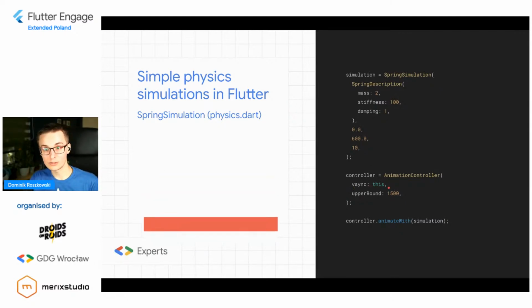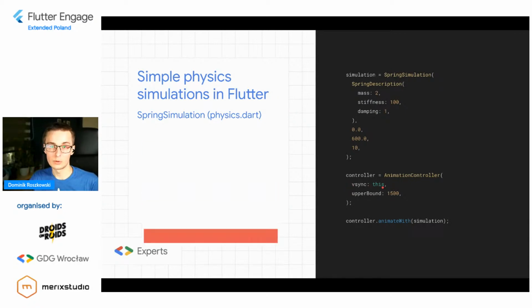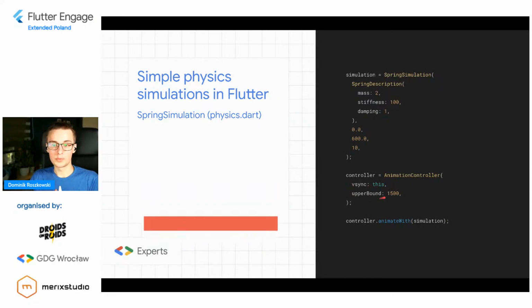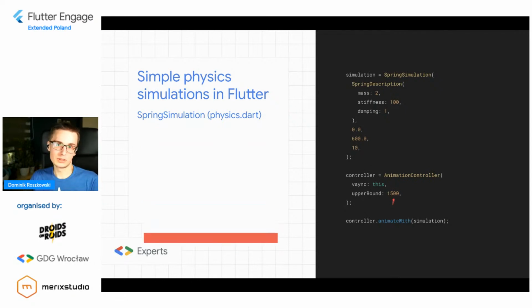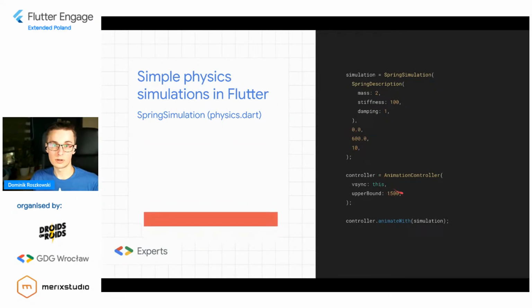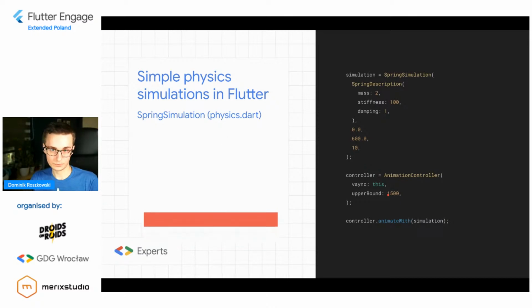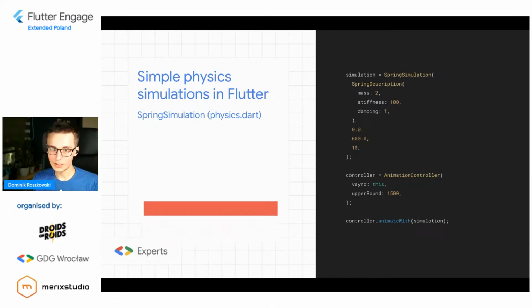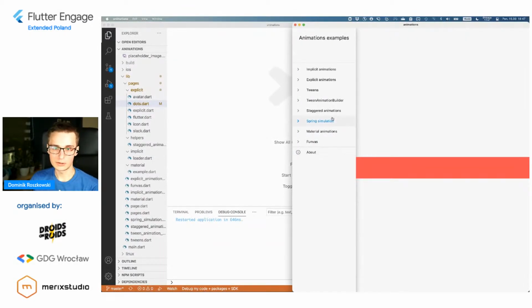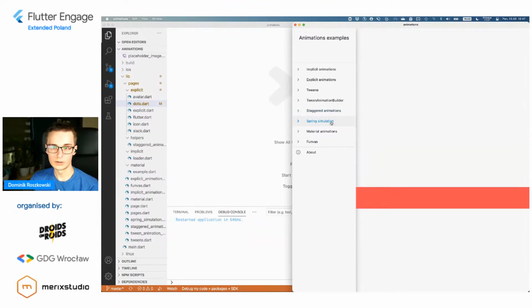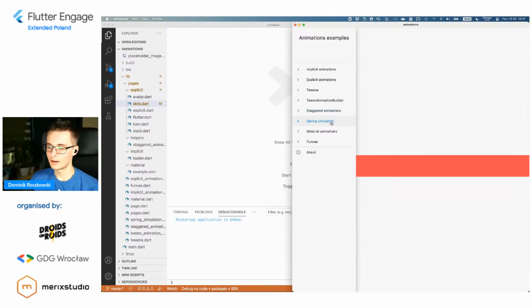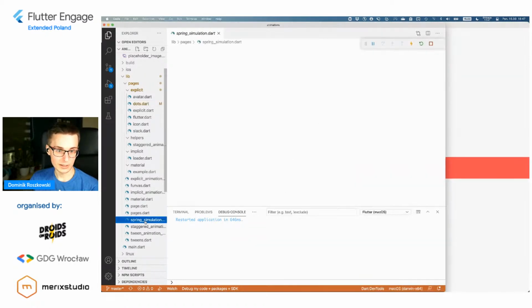By default, it's 1, so it will animate from 0 to 1, or tick from 0 to 1. But you have to actually make it a bit bigger. In this case, because the sizes and so on are much bigger, I made it 1500, maybe not seconds, but units. And let me show you this in reality. So I also made this spring here, and let me show you the source code again.